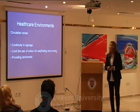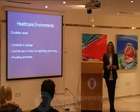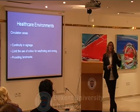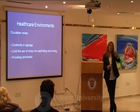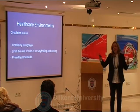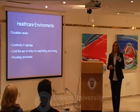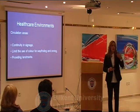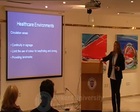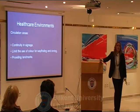So with circulation areas, signage. The continuity in signage is very important. So usually in hospitals, because there are so many wings, the sign starts and between the signs there's too much space, too many meters, let's put it that way, and people start to feel uncomfortable after a certain time if they don't get feedback on the direction they are going. So continuity in signage was important. For wayfinding and zoning,